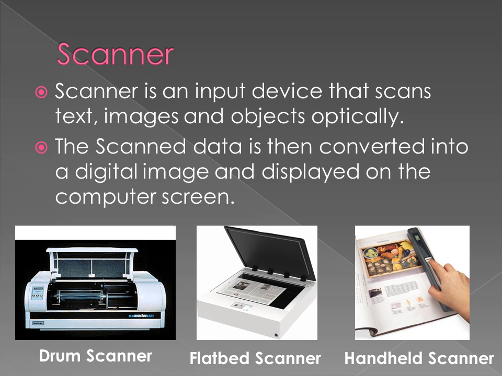Flatbed scanner is like a photocopier machine where we need to place the document in the flatbed scanner, and once we press the key to start scanning, the document will be scanned and available on the computer screen. Handheld scanner is a device through which scanning will take place. Slowly we have to move this device on the document and scanning will take place.